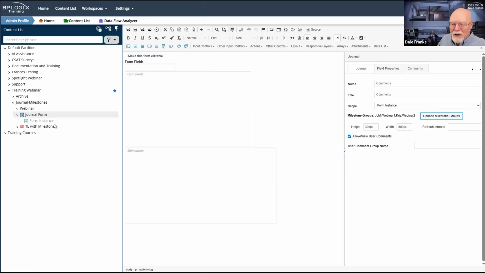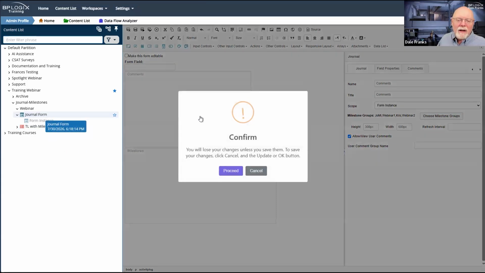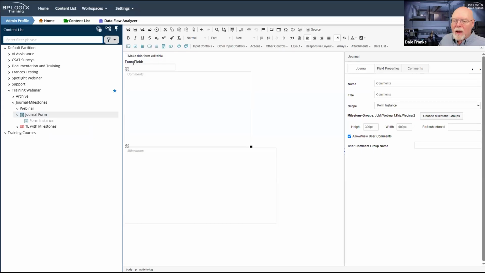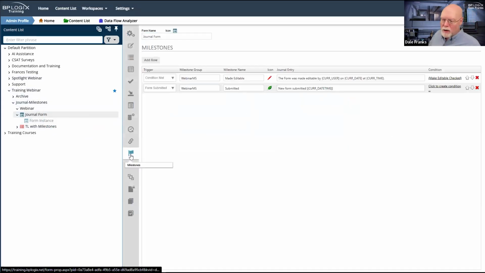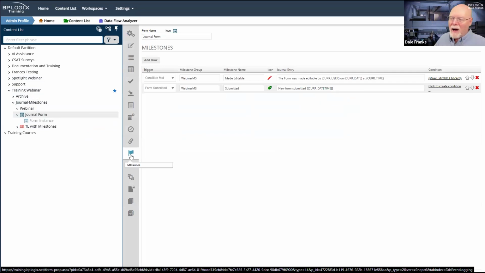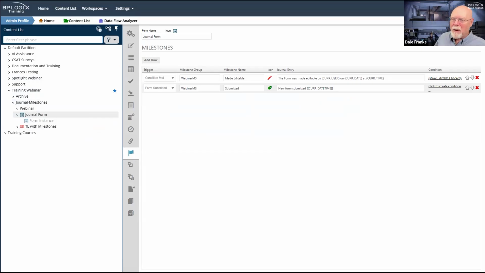So just something to keep in mind, because we're so loosey-goosey in allowing you the freedom to just throw in these milestones and create milestone groups on the fly. If you end up at the end of the day not wanting those milestone groups, it then becomes relatively painful to back out of it. So just keep that in mind as you're going through and throwing journal controls on everything, which I am, of course, sure you will now do.